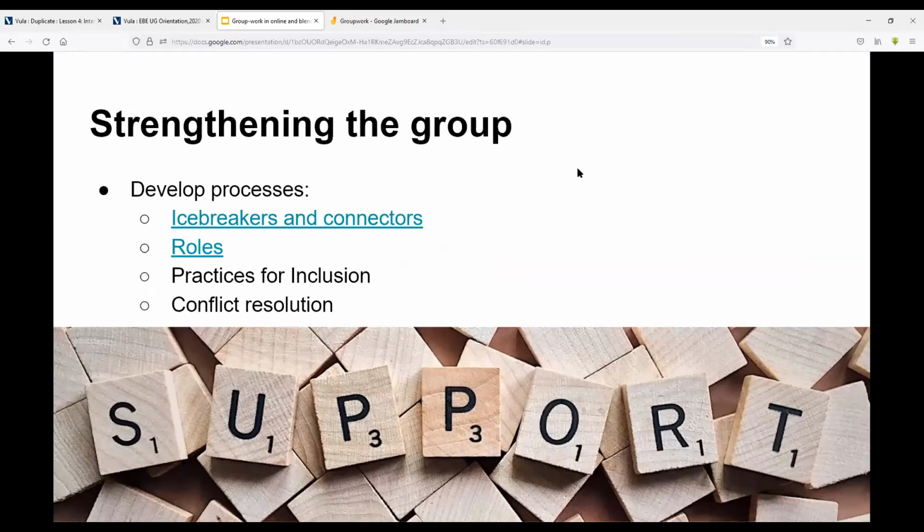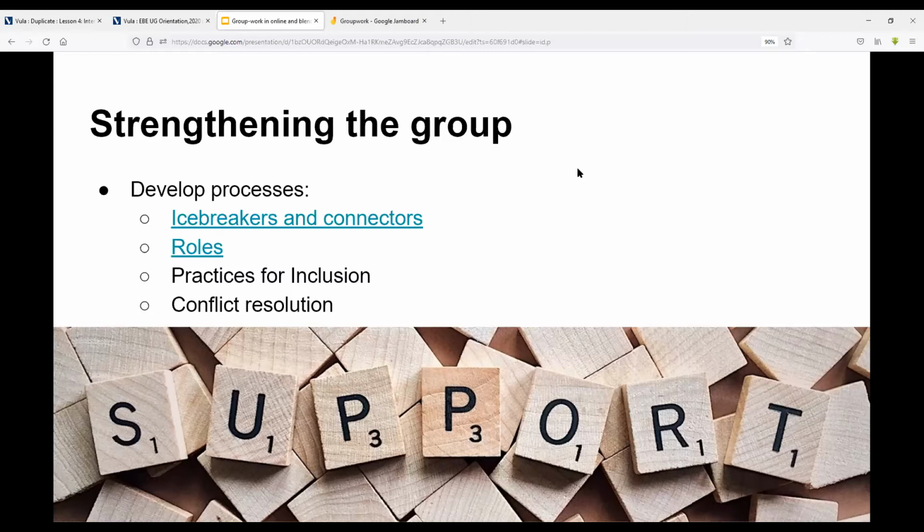So our next slide talks a little bit about the process of strengthening the group. There are two more things that I just want to chat about generally before we start looking at some of the tools within the UCT system that can support group work. And one of those things that I want to talk about is strengthening groups. So when there are horror stories, often those horror stories in relation to group work are around issues of building relationships within groups and building sustainable practices within groups for people to feel included, for conflicts to be resolved, for people to understand their roles, and so on.